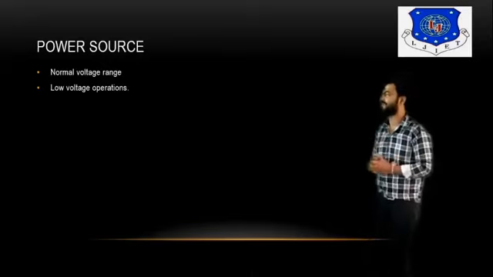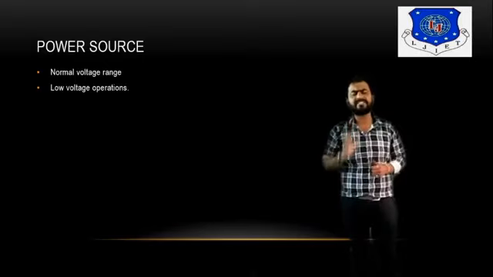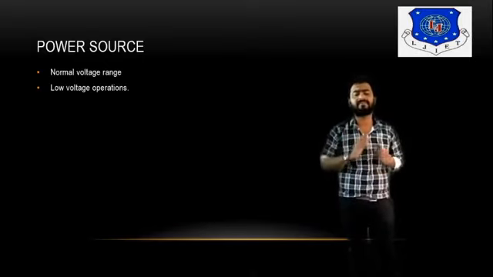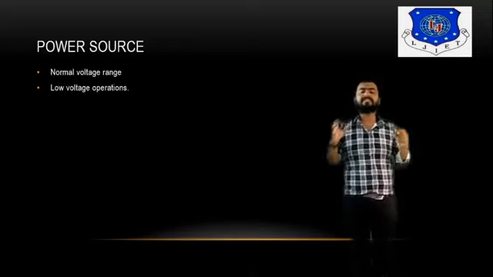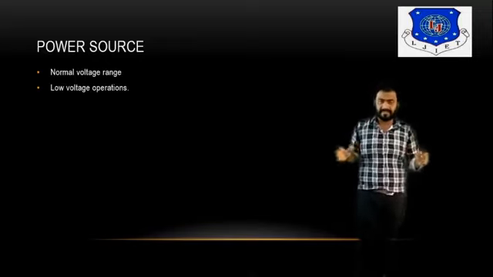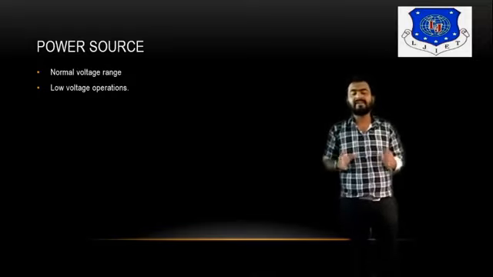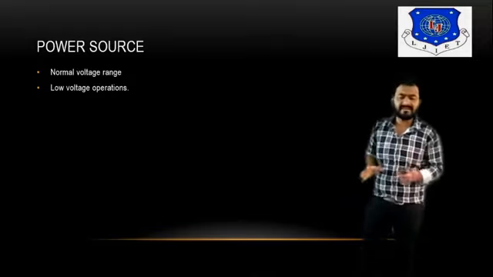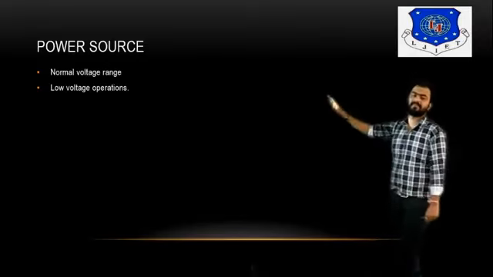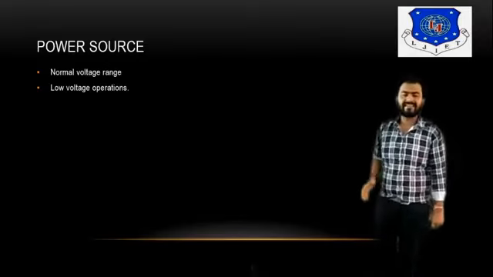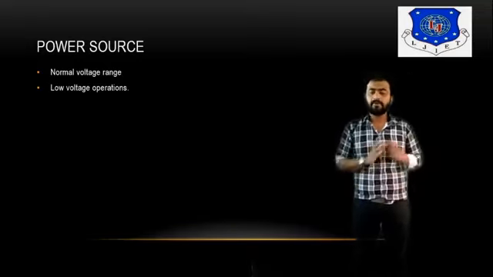It's a power source. Now, what exactly is the power source? To operate any type of digital circuit, we must connect it with the power supply, right? Without connecting or interfacing the power supply module, you cannot operate it. You cannot turn on the circuit, right? So when we're talking about an embedded system, or any type of digital system, first of all we require the power supply. Now, what exactly is the power supply? So here we discuss the power supply.